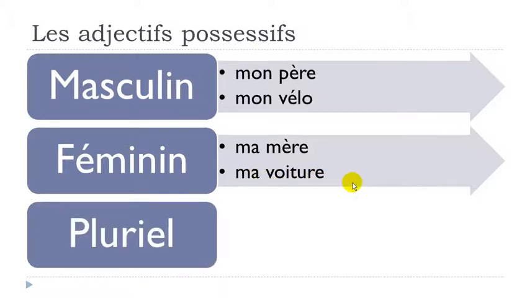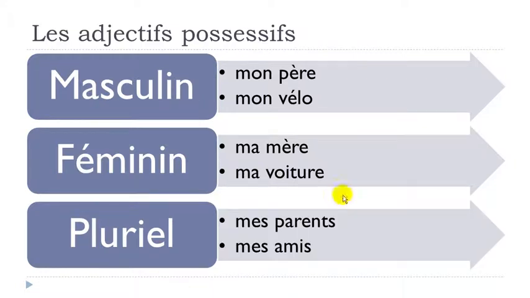And let's see now for the plural. So parents, mes parents, because it's the plural form here. So you get the plural form here as well. Mes parents. And then amis, friends. It's the plural form, so it's mes amis. And then let's be purist and make this beautiful liaison between these two words. Mes amis. All right? So I hope it's clear,